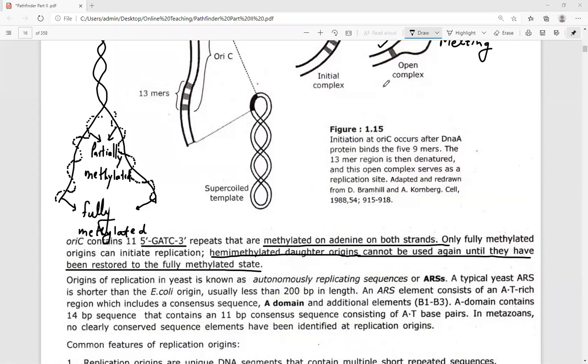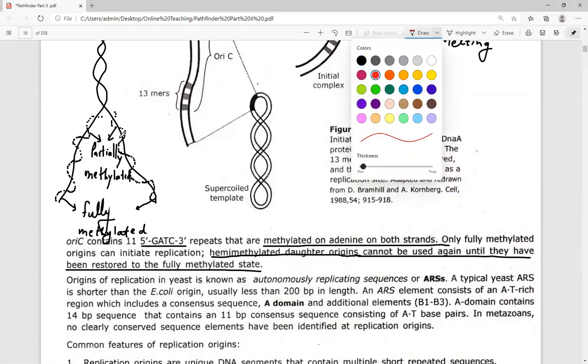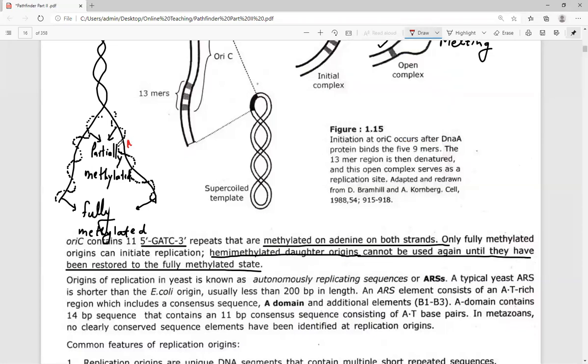Now see this. Whenever proofreading activity has to take place, supposing DNA polymerase finds a mistake, if in front of A there is a guanine residue that has been added here, now which has to be removed? Either you will have to remove the adenine residue and add a cytosine at its place, or replace guanine and add a thymine at its place. Then which activity will be performed? What would be the function of DNA polymerase? How is DNA polymerase going to act?